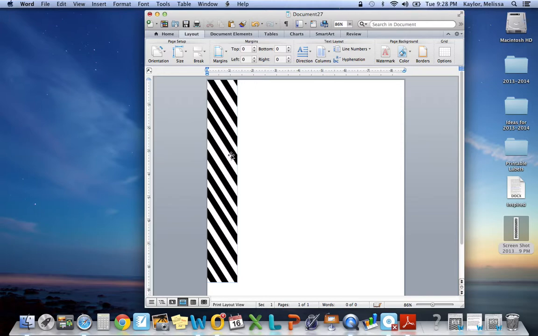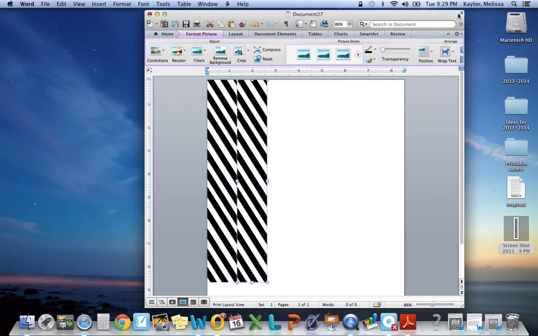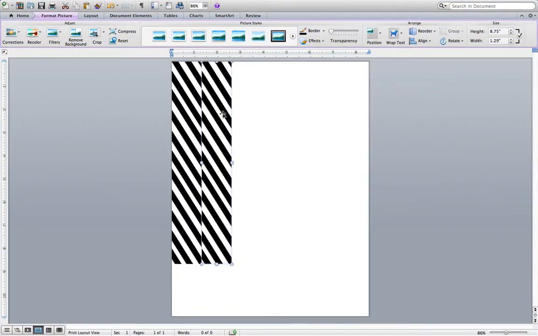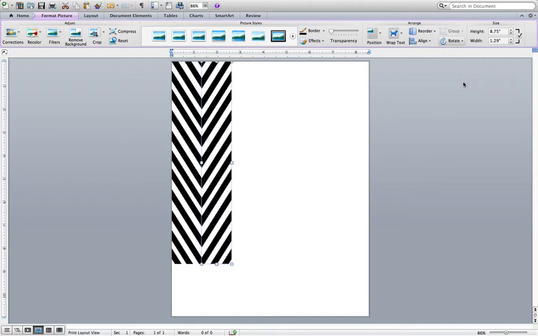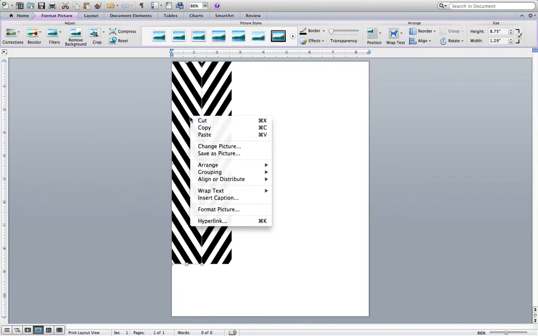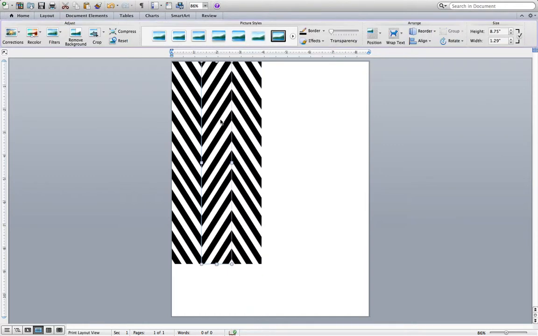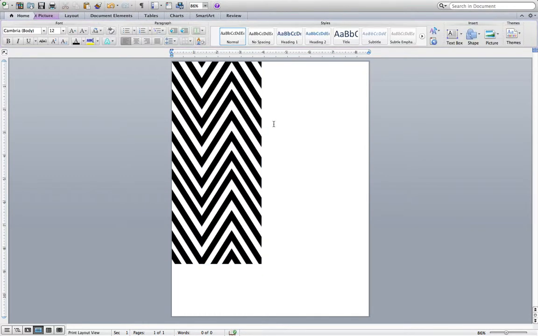You're going to copy it, and then you're going to paste it to make the chevron pattern. Next step is to, once you select your pasted one, go to rotate, and this is where the chevron is made. You flip it horizontal. There you go. And now you want to simply copy the first one, paste, copy the second one, paste,